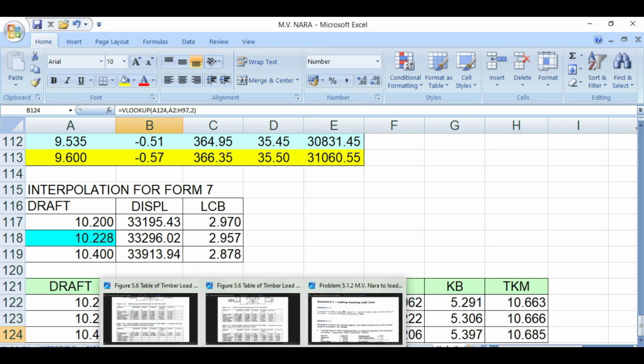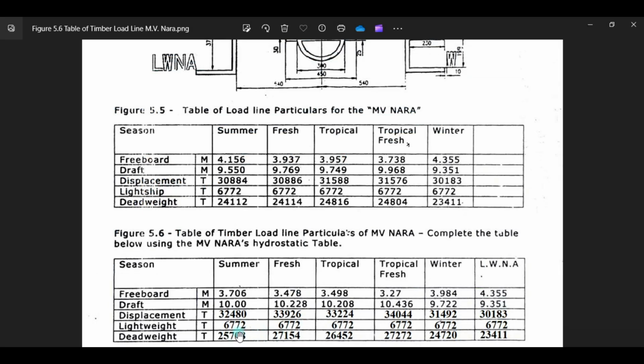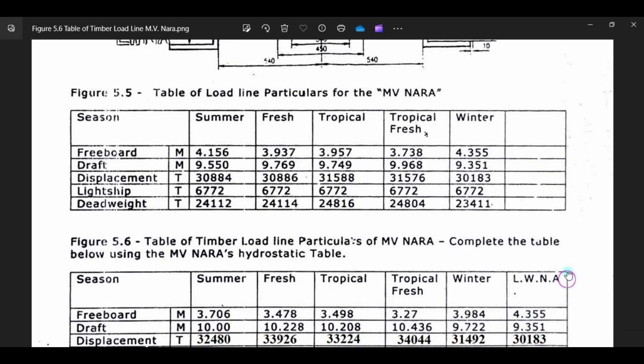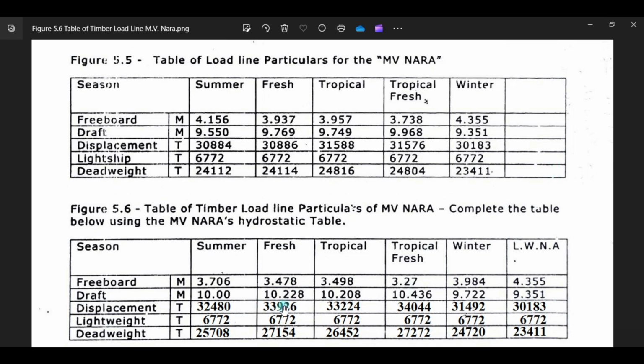Fresh water will be 33296 at the draft of 10.228. We'll make it a little bit bigger. 33296 minus your light ship of 6772, then your deadweight will be 27154.